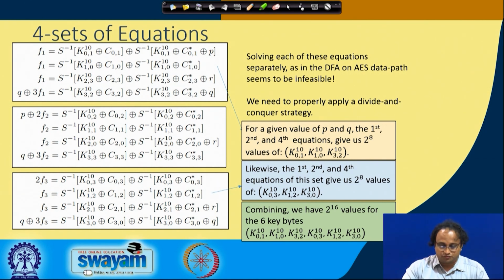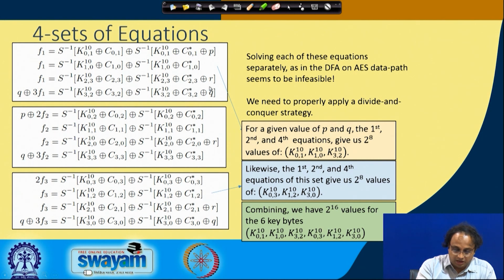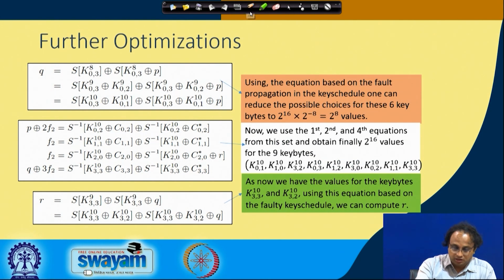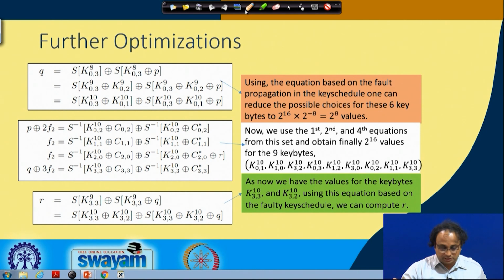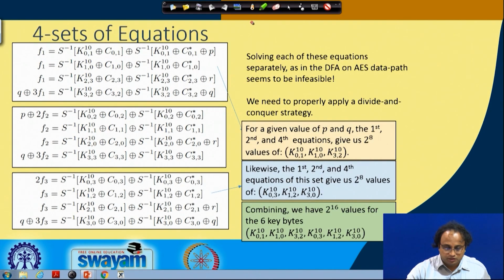So what we try to do is, first we take the first, second and the fourth equation in each of them. We observe that in all these equation sets, in the third equation there is a variable R. For each of these equations, in the third equation, you see that there is an R which is involved. So therefore what we do is, we keep aside these third equations, and we work, for a given